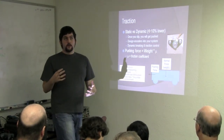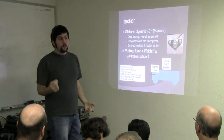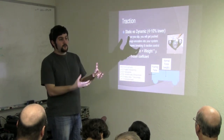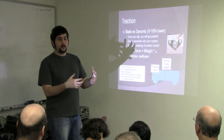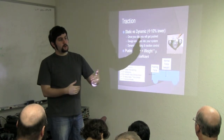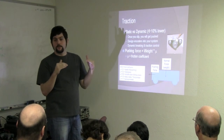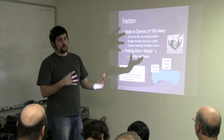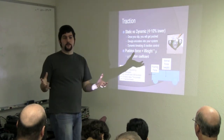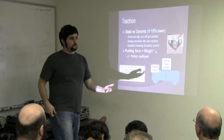So this is where the full system engineering, the full design from a higher level, comes in, where you say, look, these are my circumstances. These are the wheels I know I have. This is the environment I'm going to be in. So this is about the pushing force I'll be able to do with the size of the robot. And then you can gear your motors accordingly so that you will never lose traction, which is a pretty novel thing. Now, not all of these rules are always applicable to all the robots that everybody builds in this room, but from a competitive robotics world, this stuff's the...